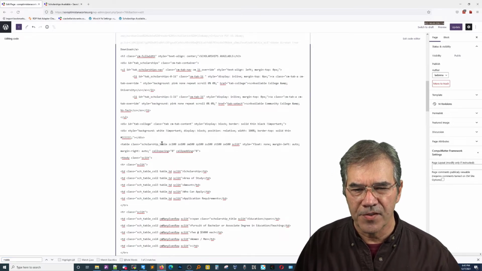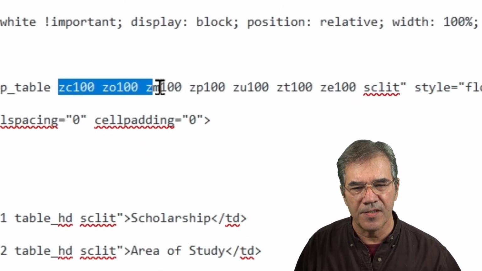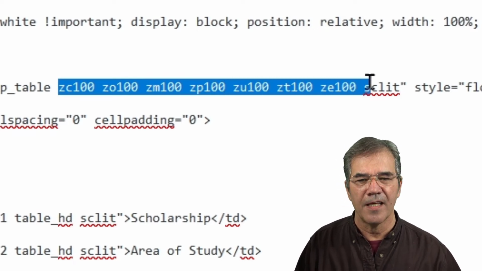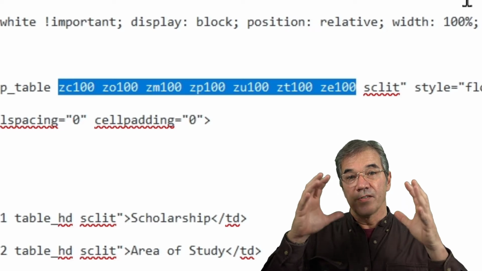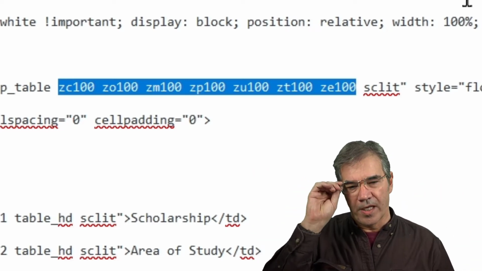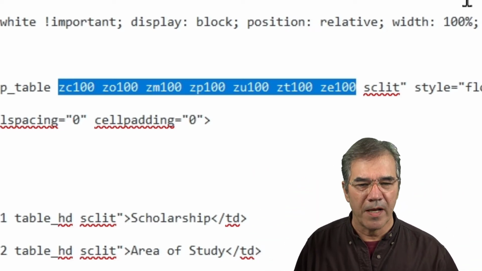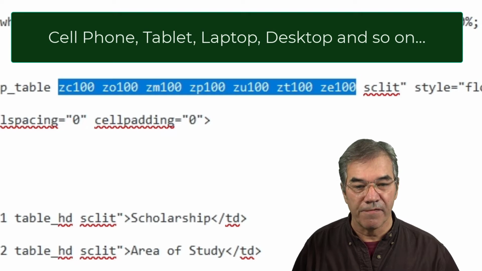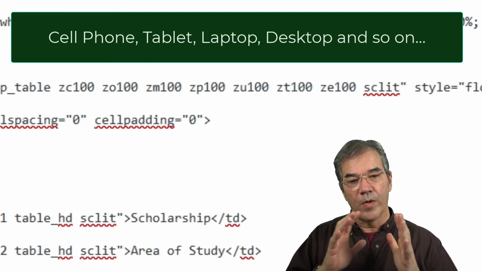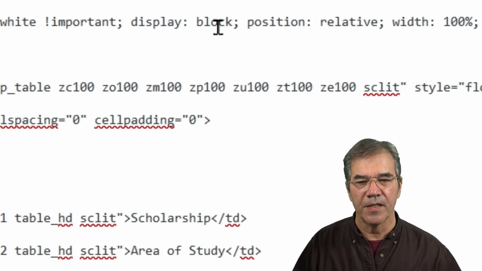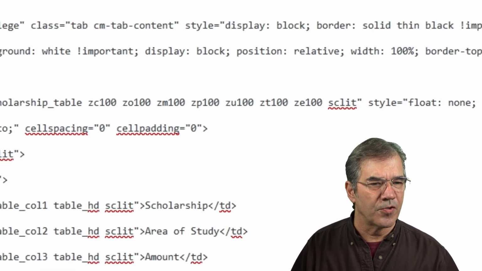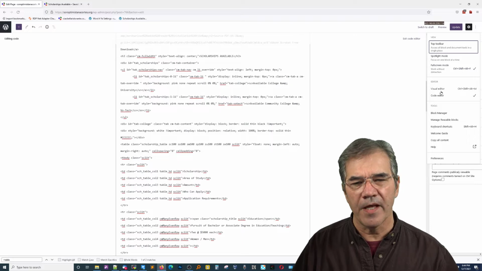You'll notice I have this class in here that says ZC100, ZE100, and all that. That basically says make this table 100% at these various different sizes that somebody might be looking at, and that's better than there being seven different responsive sizes that a browser can be, and each time it's going to keep it at 100%. If I go over to that editor mode,